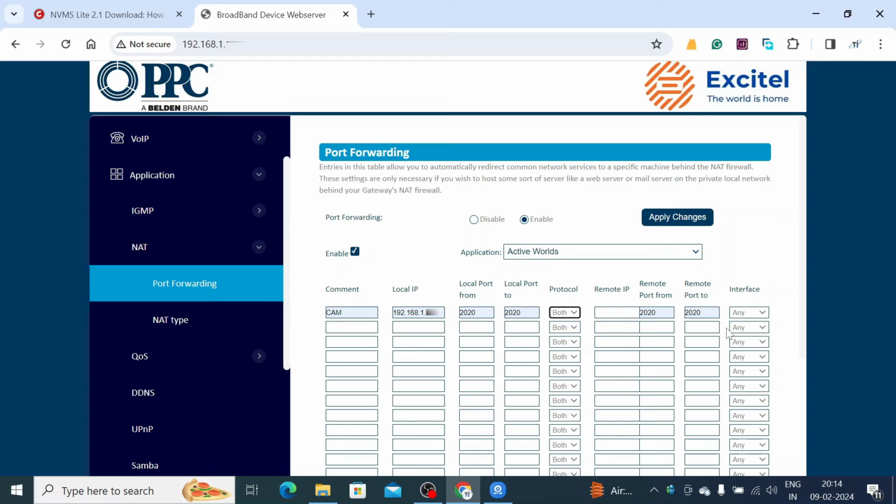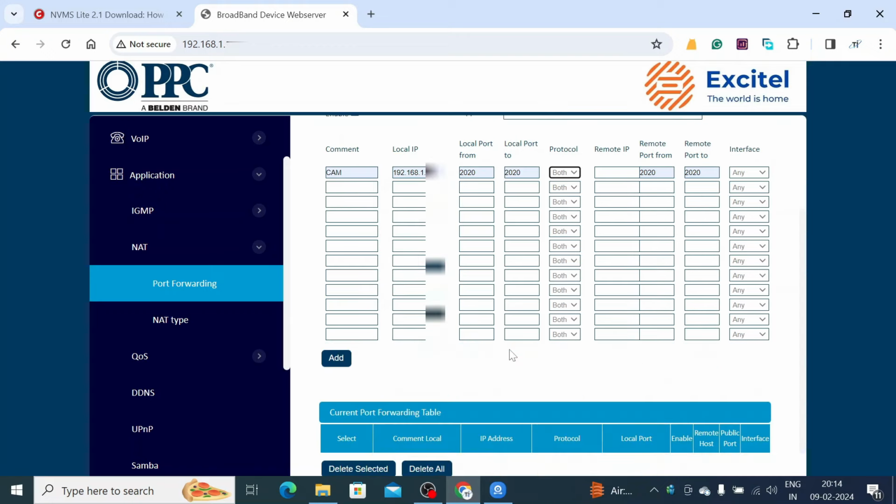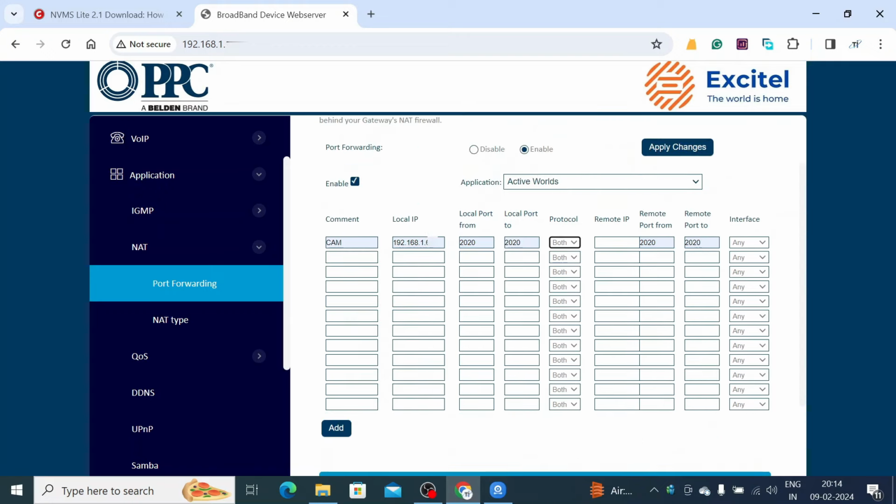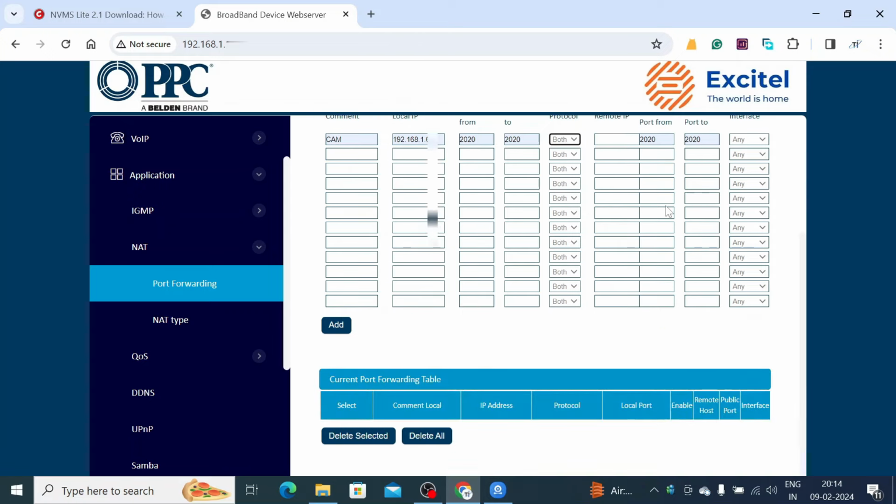in a TP-Link router you have a different way, in a D-Link router you have a different way. So you can manage according to your choice. Okay, and go to the option apply changes. Okay,